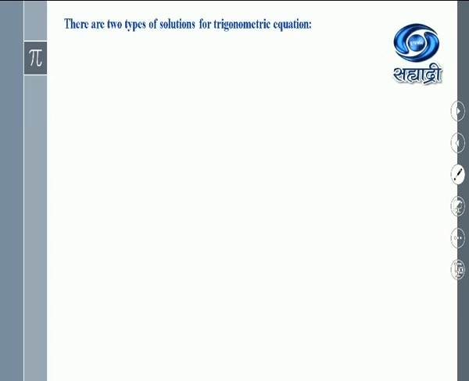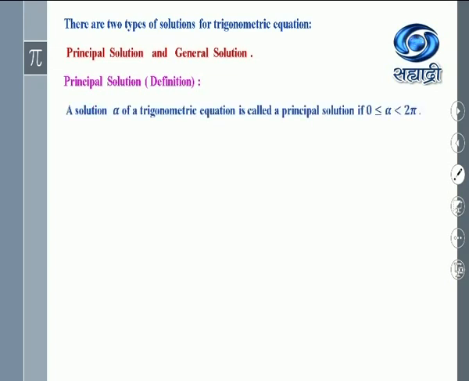Now as I told you, there are two types of solutions for trigonometric equations. First is the principal solution and the second one is the general solution. But the general solution, with the theorem and the examples, is deleted. Therefore, we have only the principal solutions. So let us have the definition. Now in the previous slide, I explained that we got infinitely many solutions for the trigonometric equations. But if we put restrictions on those, you will get the principal solution. And that restriction is that the angle or that variable alpha is less than 2 pi and greater than or equal to 0.